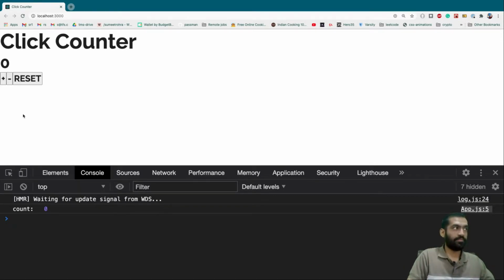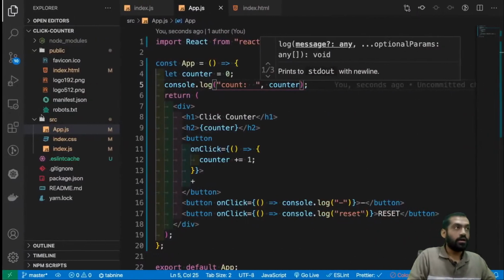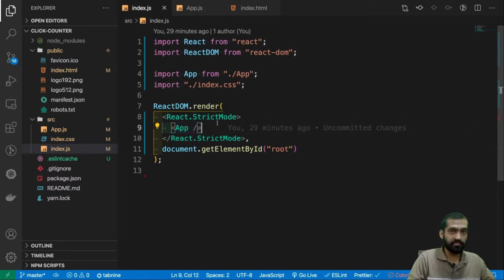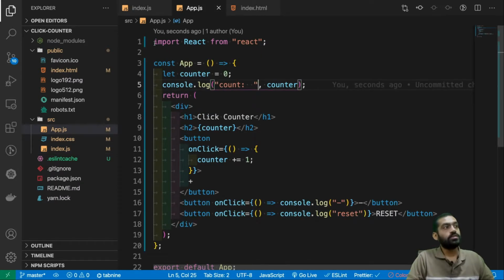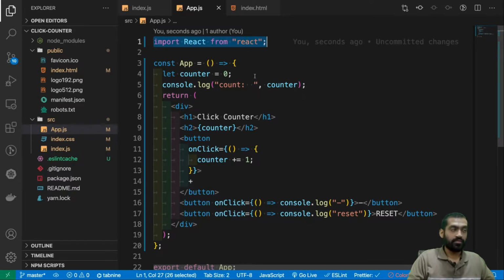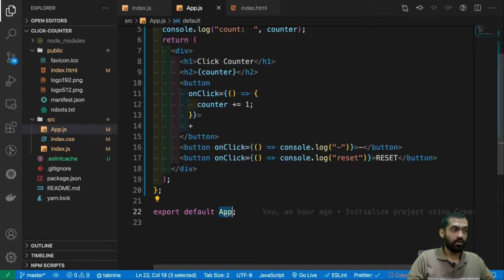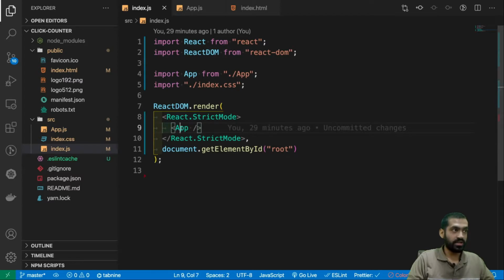But what exactly is happening here? Let's just understand that. When the app starts, it comes here, and then essentially it goes to this app component, to this app file. In this file it gets rendered line by line. Import React from React is happening, then there is some function called const app, and it is being exported here. Now this exported function is basically this particular app component here, or app file here.